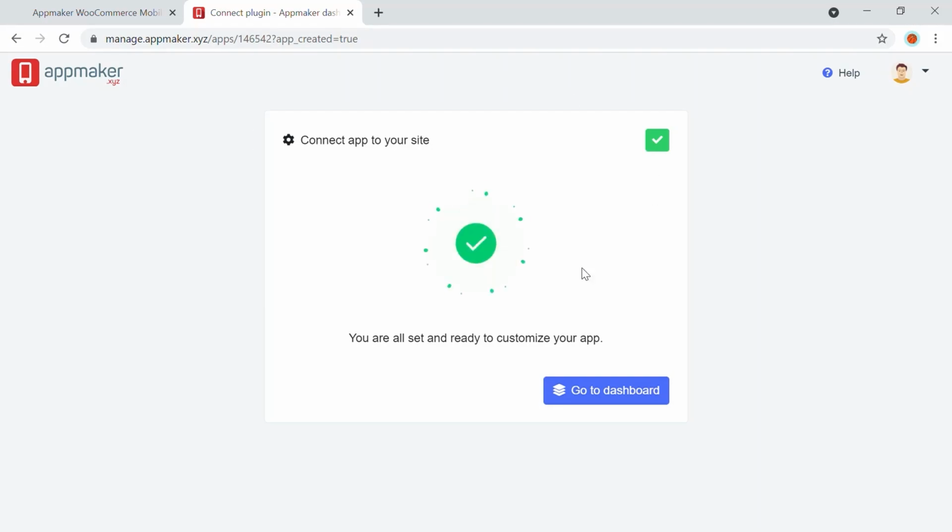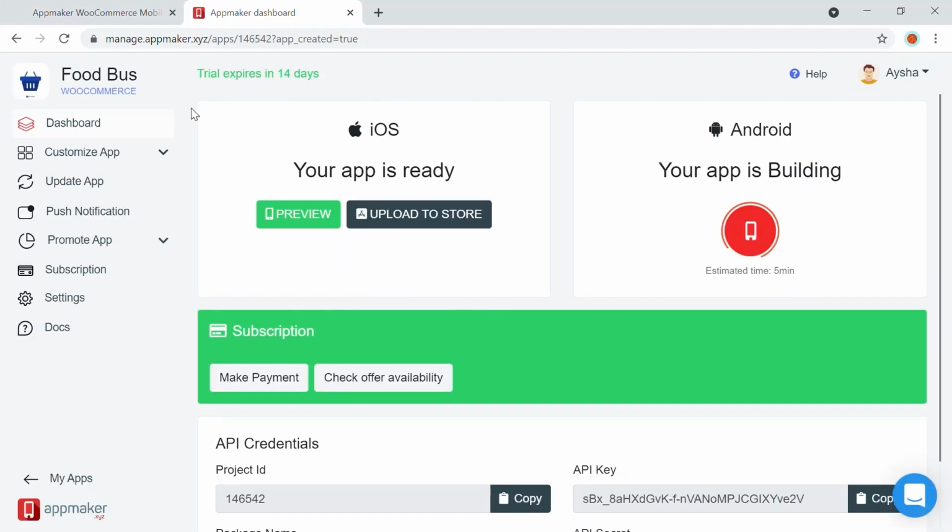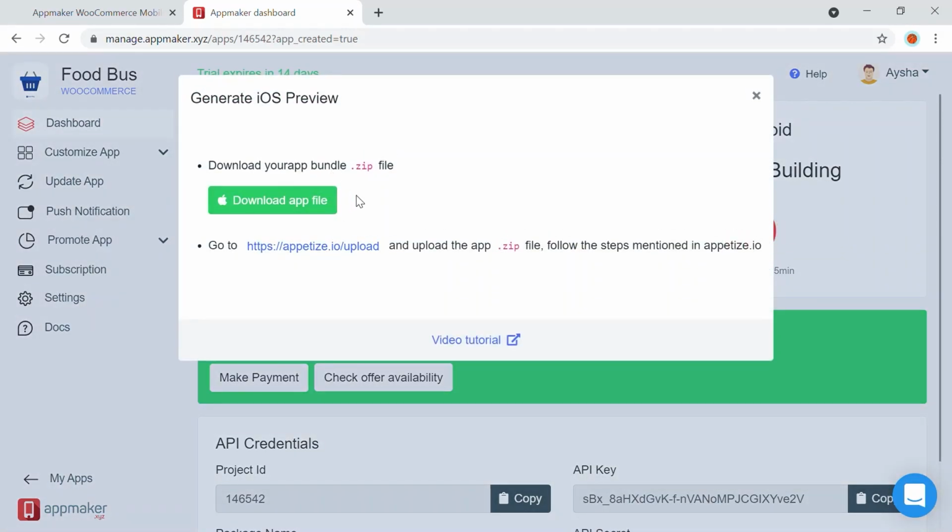Once your AppMaker is connected, you will be taken into a new dashboard. So right here is the AppMaker dashboard. Right here you have multiple options. First one, you'll be able to see that your app is now building. From here you can download your app and upload it into appetize.io to see a preview.